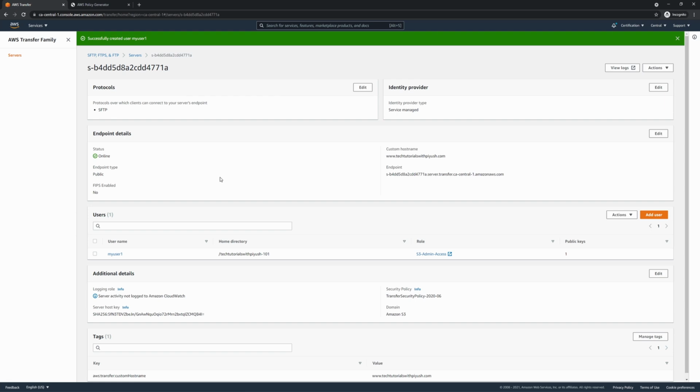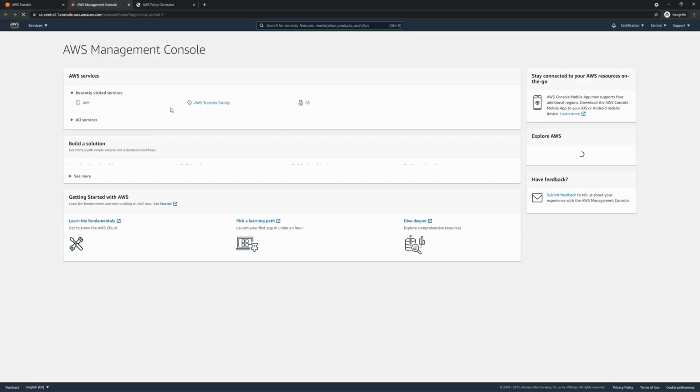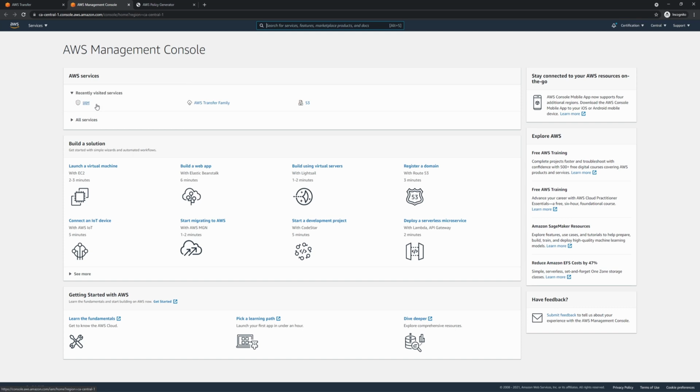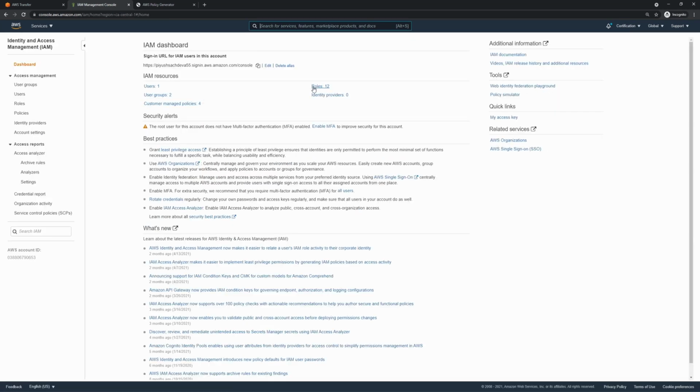After the user has been successfully added to the server, the next step is to go to the IAM role that we have attached to the server and establish the trust relationship. So I'll open a new tab and go to IAM, then roles.